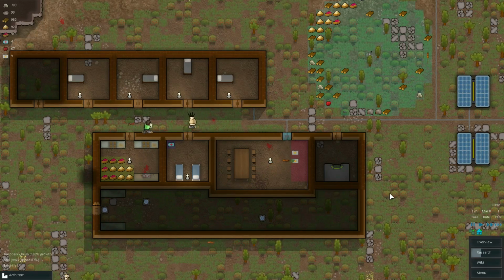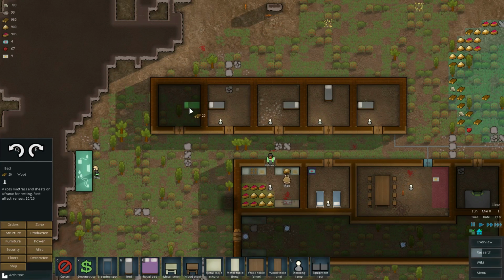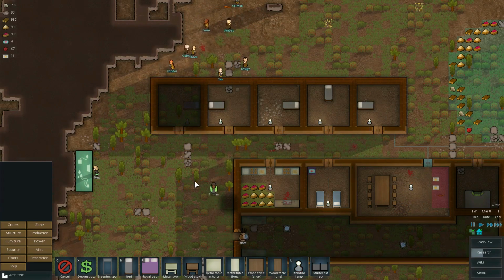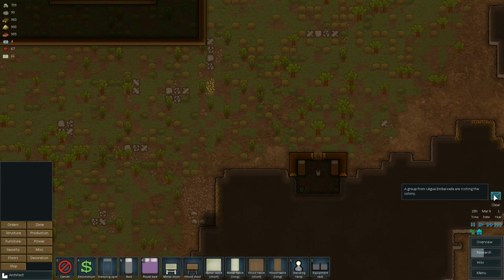Another group visiting the colony. Ooh, we have our room ready, so let's plonk a bed and a light. And that bed will be ready for the next colonist. And let's have a